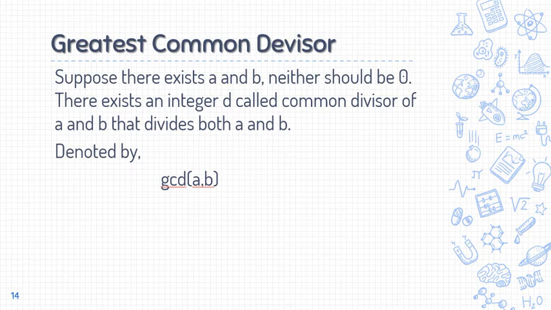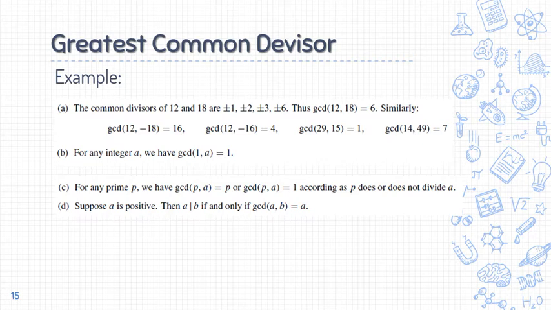So GCD is that mangita ka og pinakadako nga number wherein makadivide kang both A ug B. So, kana ra gyud ang definition ni GCD. So, elementary pa ni, I think, elementary pa mo, nakabalo na mo sa ning GCD. Okay, so here are some common examples of GCD. Here we see the GCD of 12 and 18 is 6. This is the largest number that could divide both 12 and 18, and the rest follows.